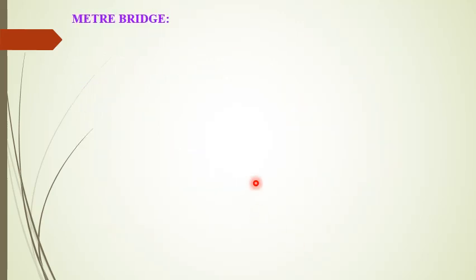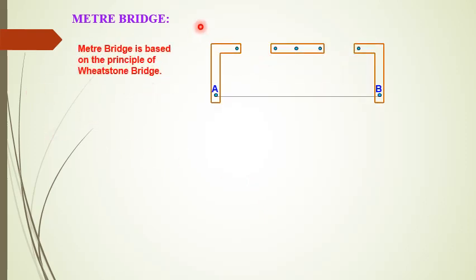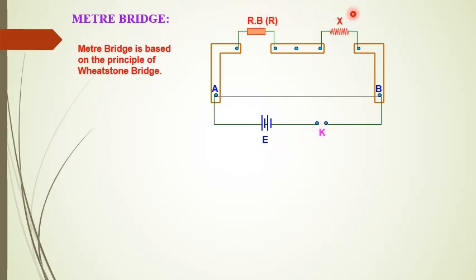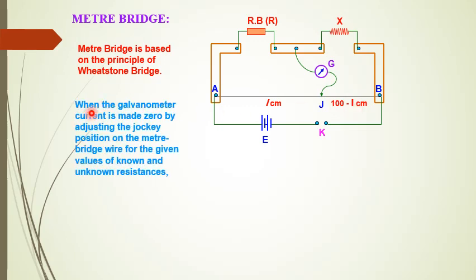Meter bridge. Meter bridge is based on the principle of Wheatstone bridge. Here we can see in this diagram the wire AB and the battery E are connected, and the key is K. Now we apply a resistance box R and an unknown resistor X, and we have connected this circuit with a galvanometer and a jockey arrangement. Now this length AJ is equal to L centimeter and JB is equal to 100 minus L centimeter. When the galvanometer current is made 0 by adjusting the jockey position on the meter bridge wire for the given values of known and unknown resistances,